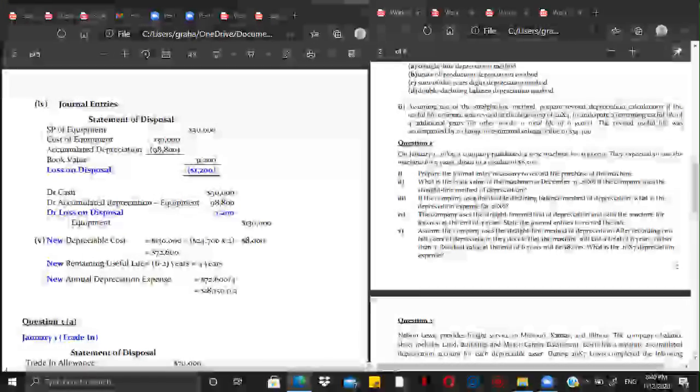So part 2 says, what is the book value of the machine on December 31st, 20x6 if the company uses the straight line method of